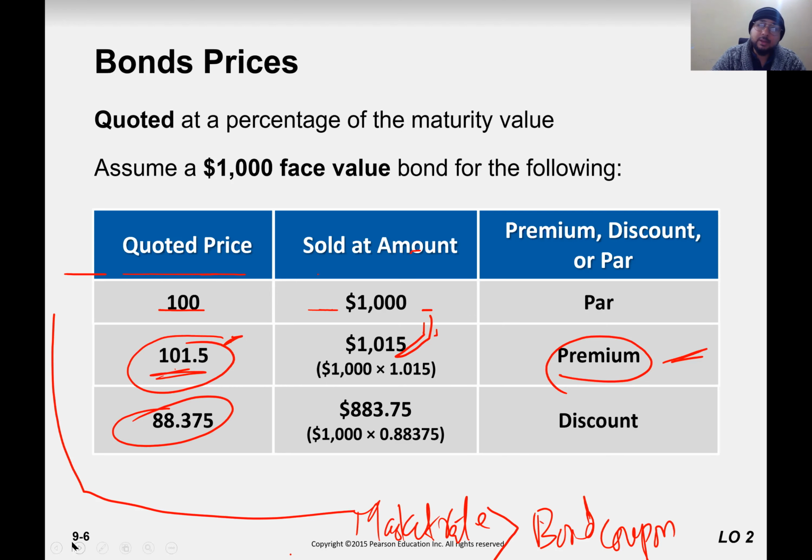Now, did you notice that I'm talking about traded or issued? It doesn't mean that you always have to issue at par. If the market is paying 10% right now, for the first time you are issuing a bond, you also pay 10%? No, because the company also has financial analysts. The CFO of the company gave a task to the finance department: we are issuing a bond for 5 years.